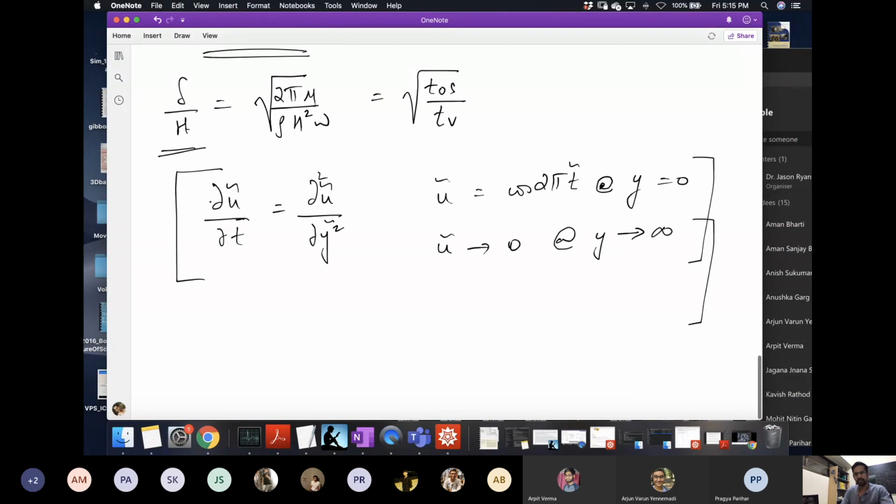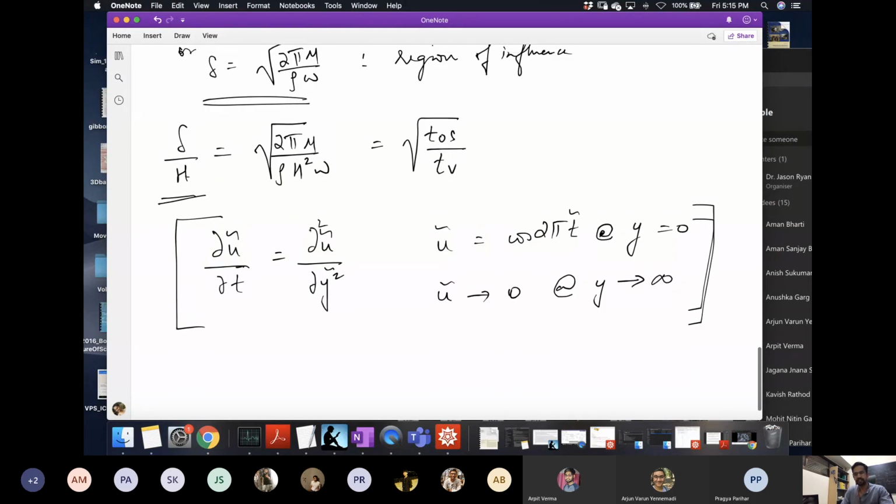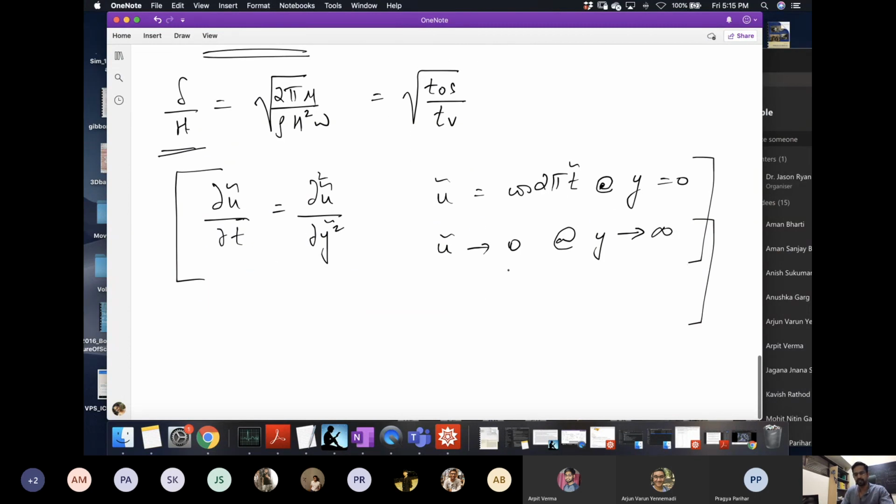Okay. So now this problem seems to be as complicated initially as the full problem where we didn't do this boundary layer thing. But that's not true. That's because we have this case where we know u decays as y goes to infinity. So this is the problem Stokes actually considered, and it has a simple solution. So I will not derive it, I'll just leave it for you to see.